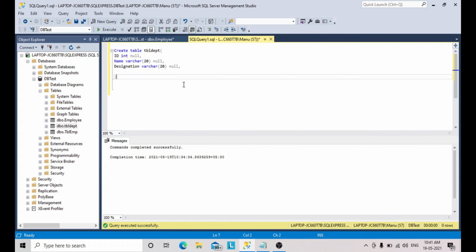In SQL Management Studio, we can create this table.